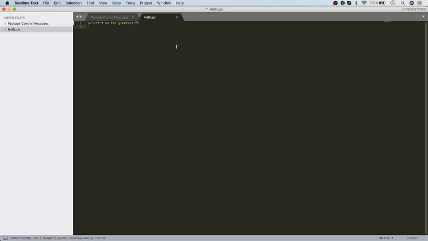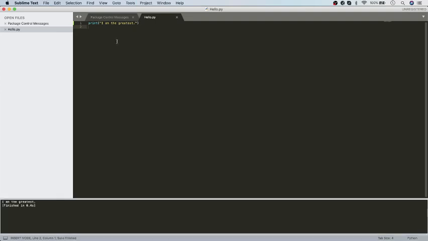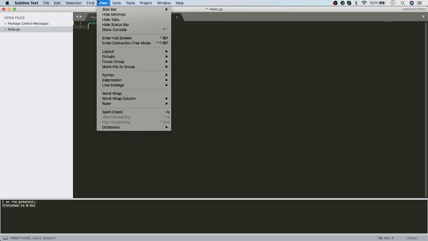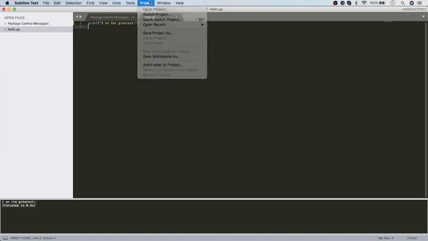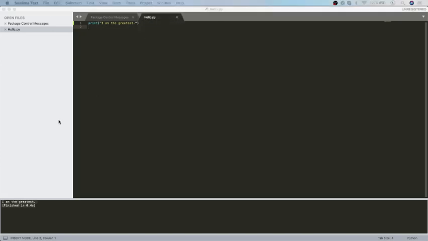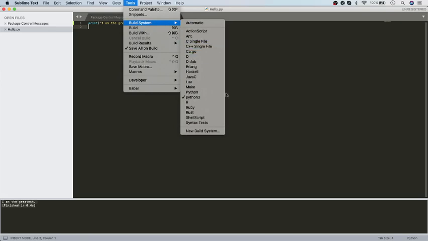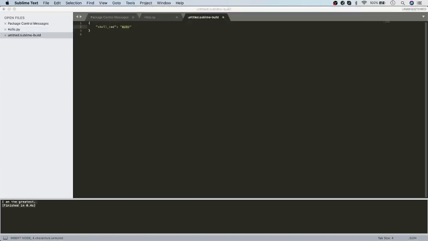So usually if you want to run this on Mac, you do Command B, and in this case it actually worked. But in most cases, people would not recognize Python 3. So what you'd have to do is go to Tools. If it doesn't work for you, you have to go to Tools, and you have to press Build System. So you see that I have a Python 3 here. If you don't have a Python 3 here, it might not say Python 3. You have to press New Build System,